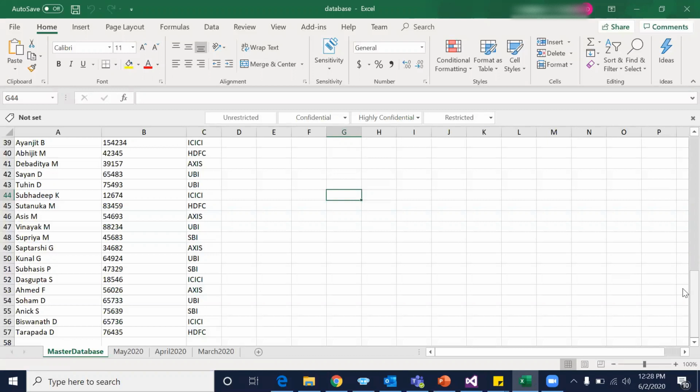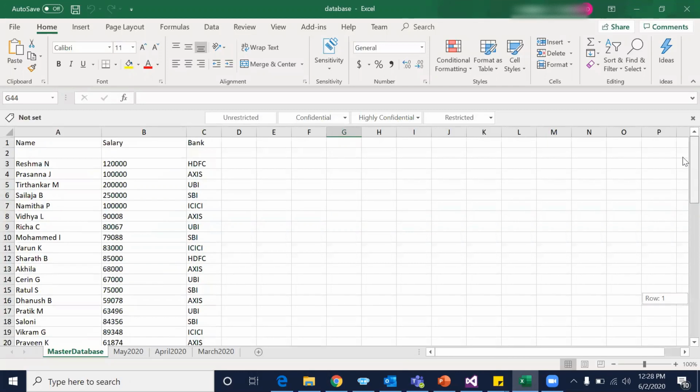That means this is not our current employee list. Maybe there are some employees who left our organization or are not part of it right now. So everyone is included. That means since our organization got started, every employee's details, salaries and bank details are there in the master database.